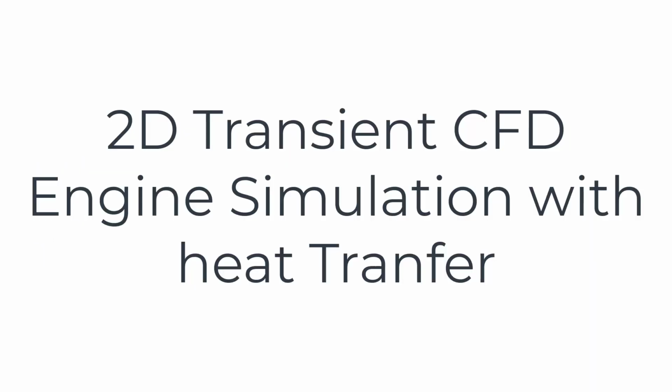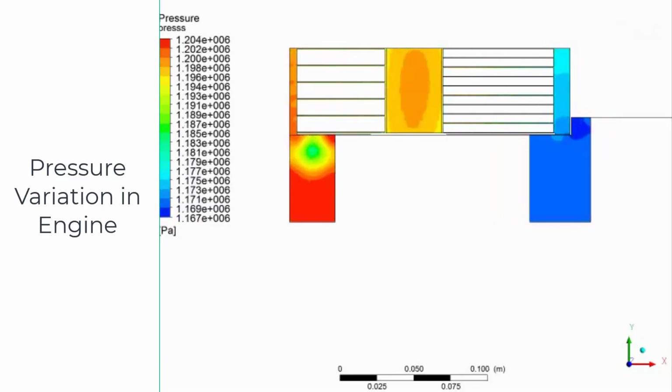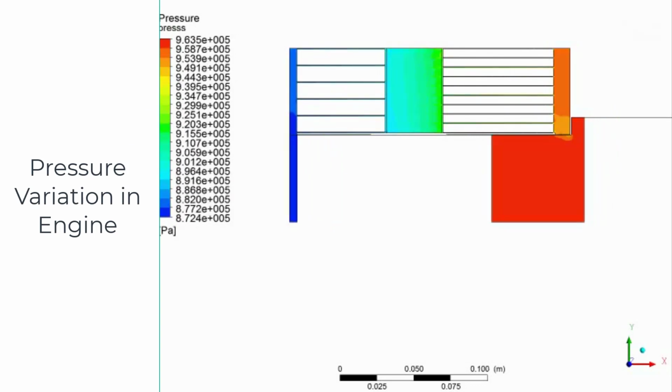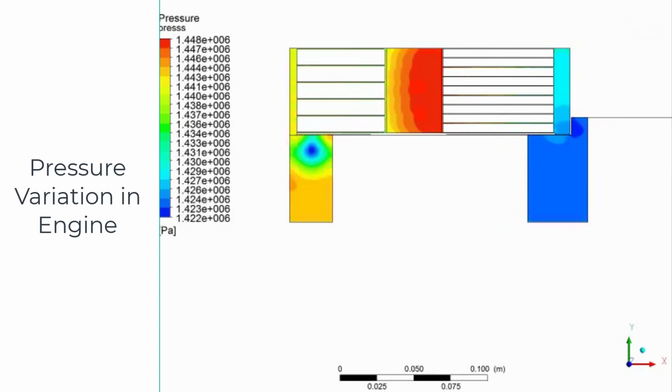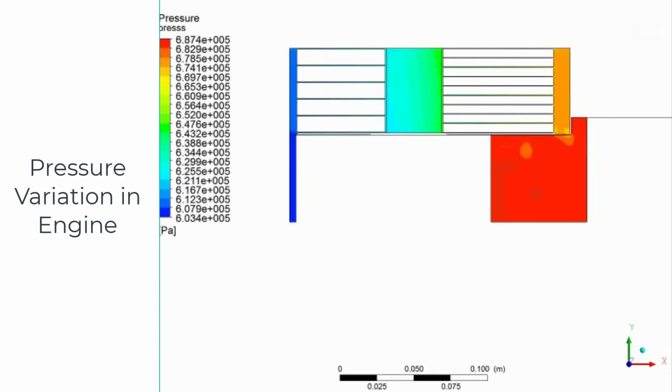A 2D CFD model with moving engine walls and heater and cooler heat exchangers is also developed, which is the simplified version of the 3D model. It has less computational cost and predicted similar results of indicated power and heat transfer characteristics of the engine. This figure shows the pressure variation in the 2D axisymmetric model of the engine. The motion of the walls has been controlled by defining a user-defined function which defines the motion of each wall